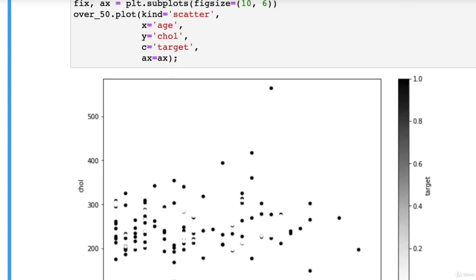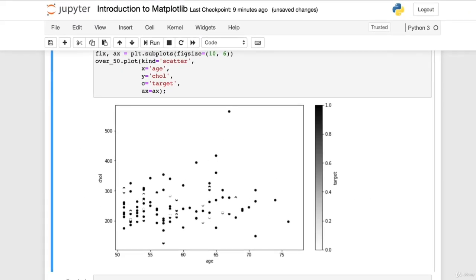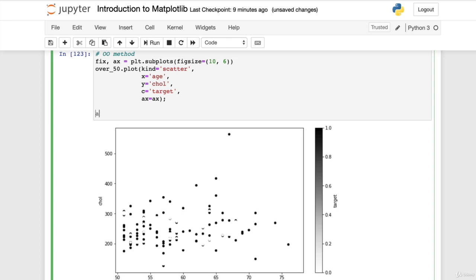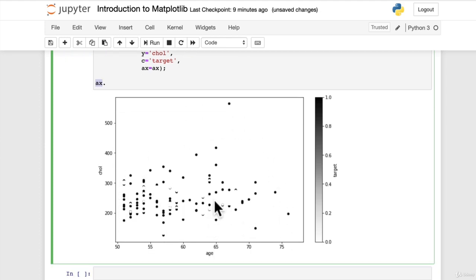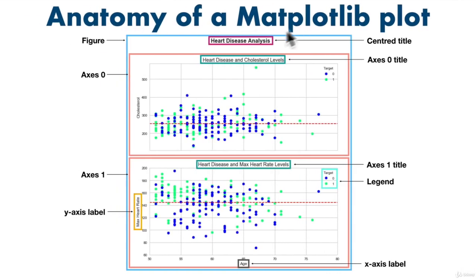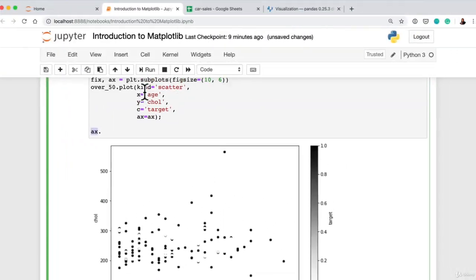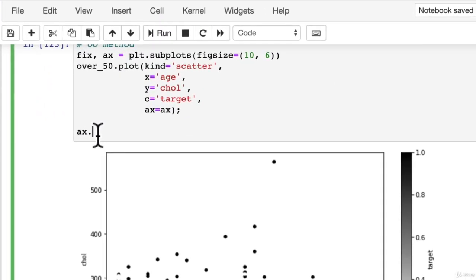Now, what we might do is set the x limit to be a bit wider so we can have more space on our data frame. So let's have a look at what that looks like. If we're using the OO method, we can access the axis here. And remember, the axis is just this space that we're plotting data on. If we go back to our anatomy of a matplotlib figure, the axis is this part here where we're adding data, whereas the figure is the entire thing. So let's go back. We want ax.set_xlim